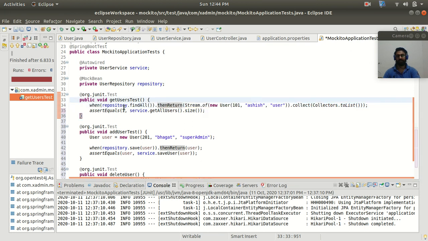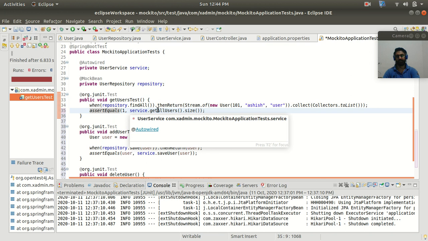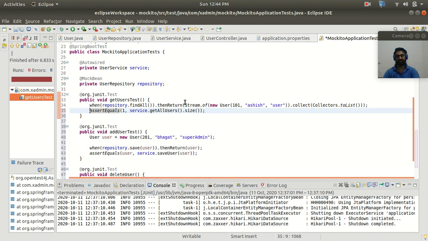Then we are comparing the size of the users. So here we are calling service.getAllUser, and it is not going to call our database, but it is going to return this data. Here we have provided one as the expected value, and this is the actual size, right? So if this is equal, then it will pass.